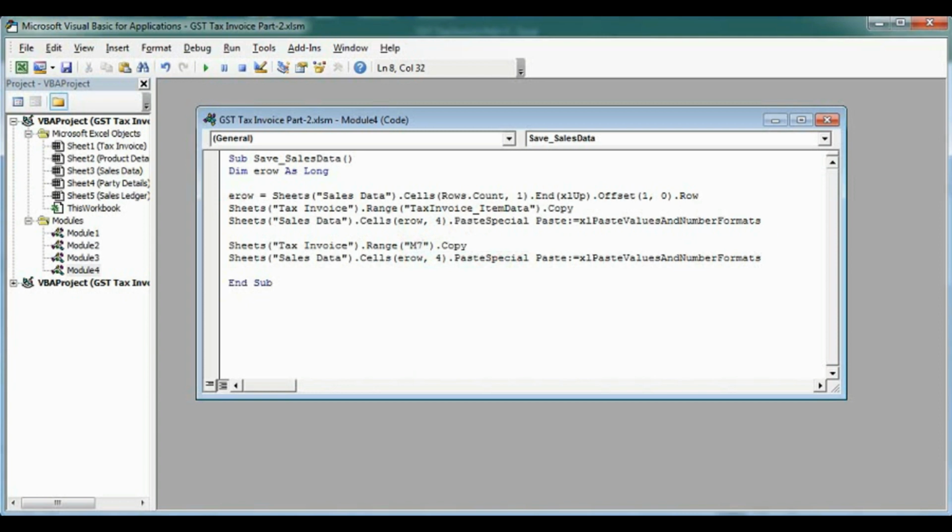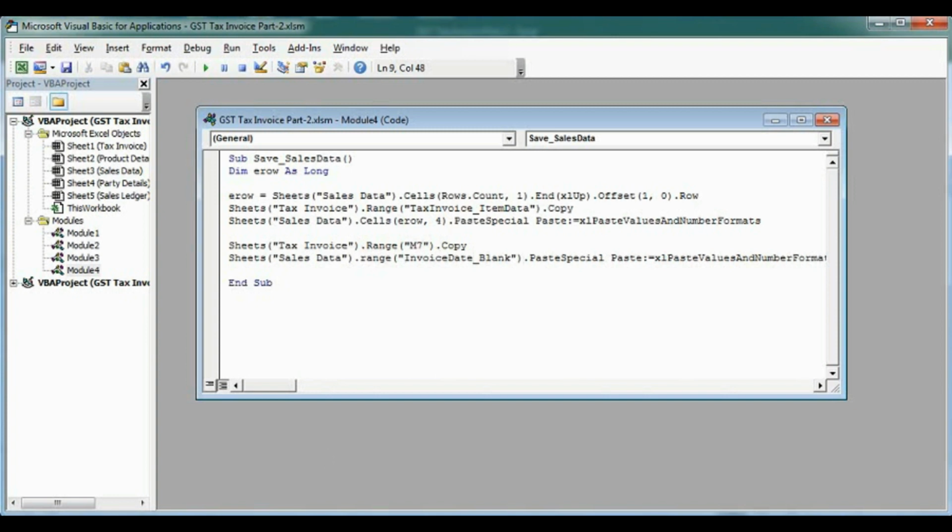M7 will be copied and pasted on, we will not use the E row because we don't need the E row. Dot Range bracket open, invoice date blank. So this is the range and the rest are the same.